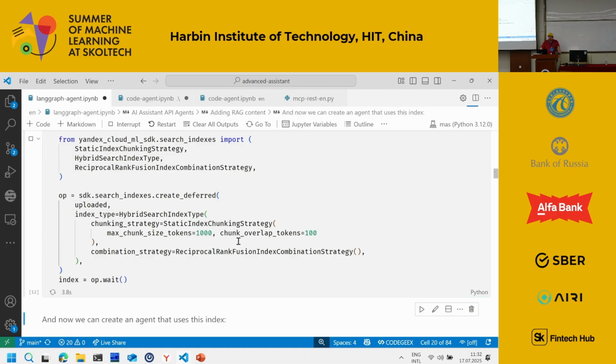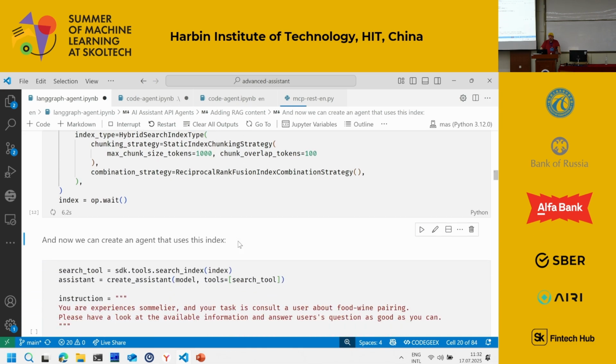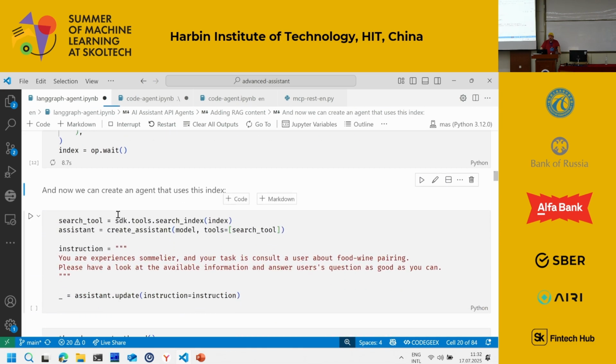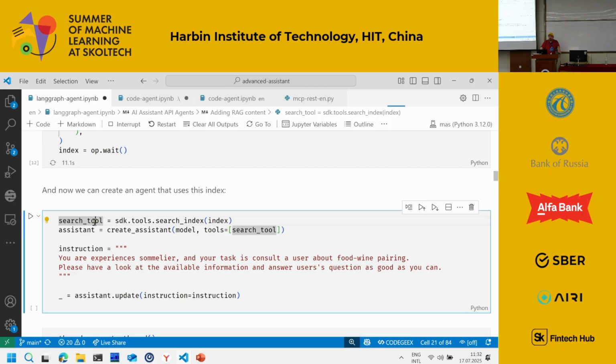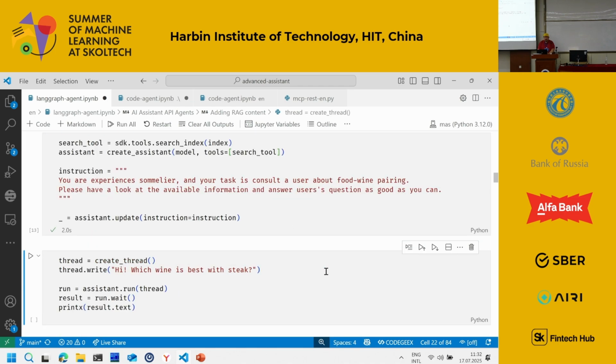And that's basically it. Then I can create a search tool based on that index. And I create an assistant, and I provide this assistant with a search tool. So basically, I say I want the assistant to search each time you have some kind of question. Please search first, and then put that information into the prompt. And then I create the system prompt: please look at the available information and answer users' questions. So that is what it takes to create the RAG system.